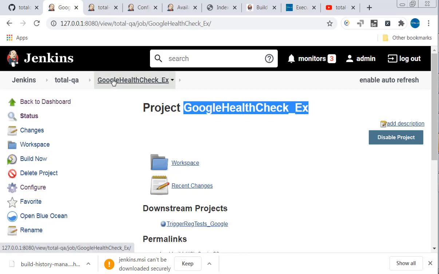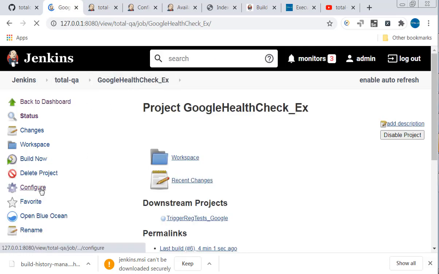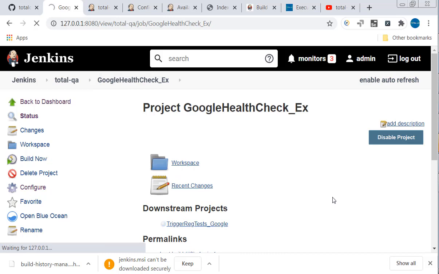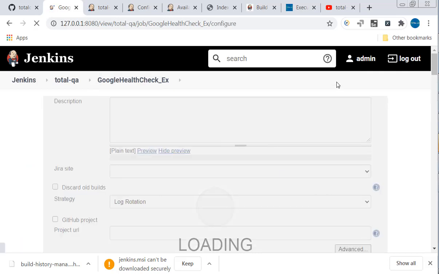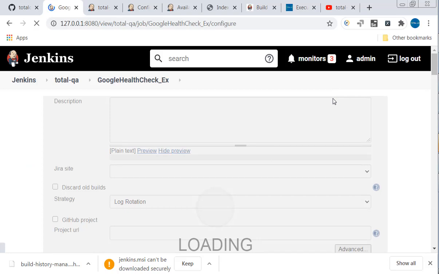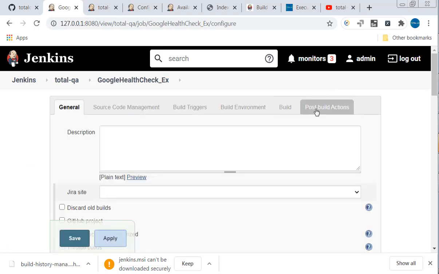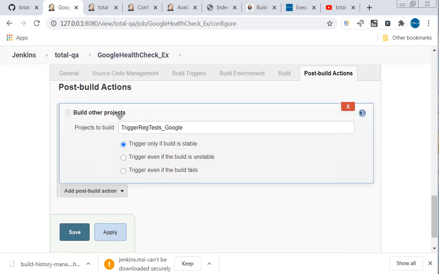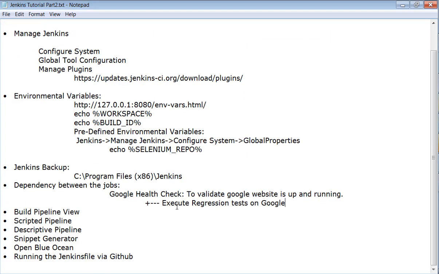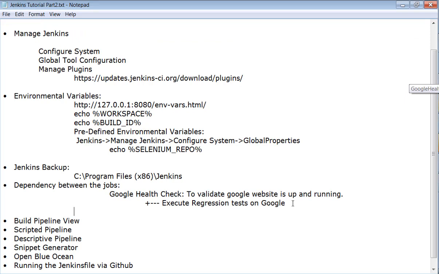So we already created a dependency. How do we create a dependency? Go to the job, click on configure. Under post build actions, build other projects, provide the project name. So how are we going to create a dependency between the jobs?